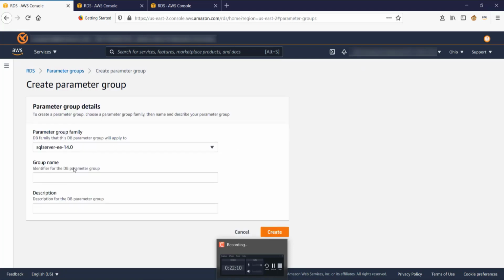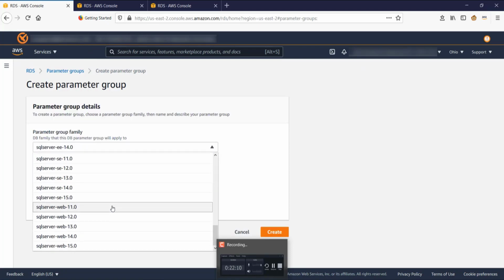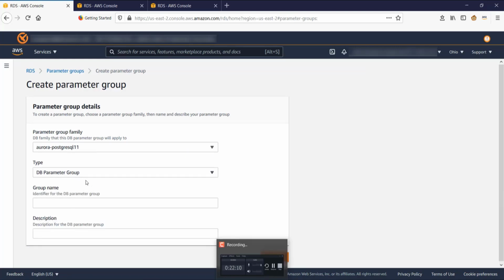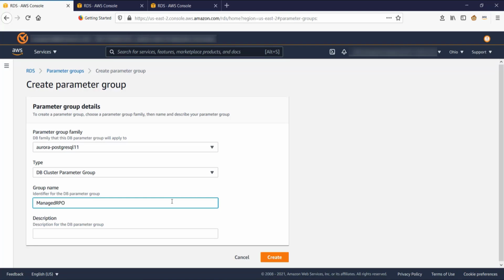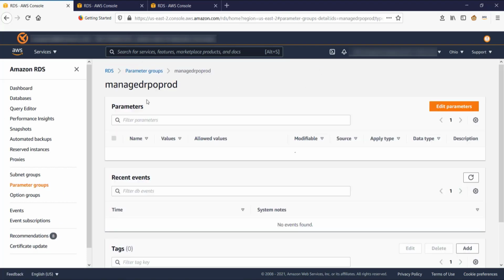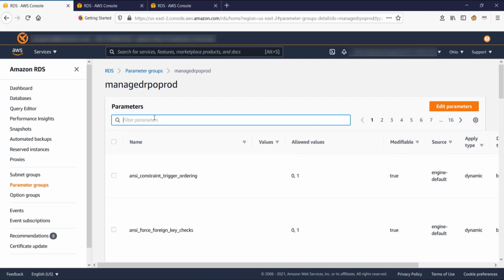This is going to be for my Postgres 11, and this is going to be a cluster parameter group. And I'm going to say that this is managed RPO for production servers. Create. All right, now that we have created the parameter group, I go there, and once again, I see that